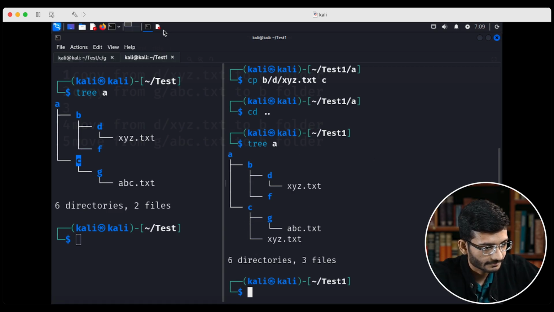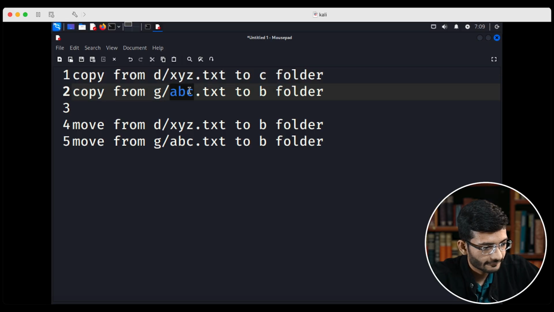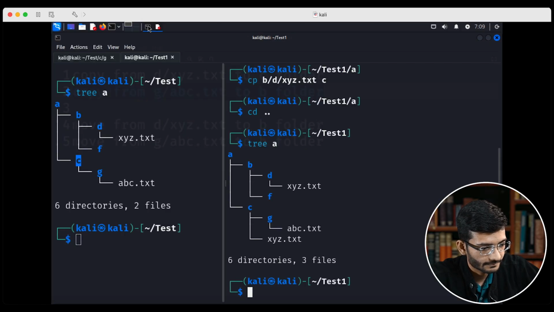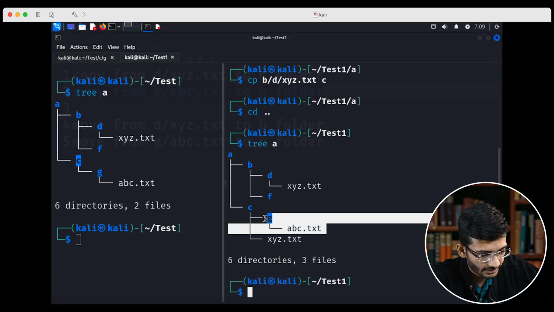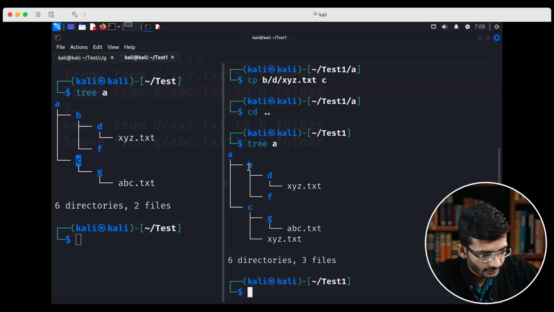Now the next part, we have to copy from G folder abc.txt to B folder. Now if we see this is G folder abc.txt, we have to copy it to the B folder. So what we are going to do is we are going to traverse again. Now this time I want to be in this abc.txt folder, so I am going cd c/g, but before that